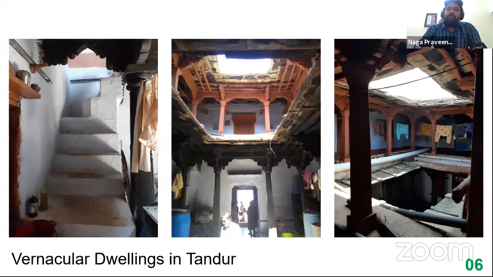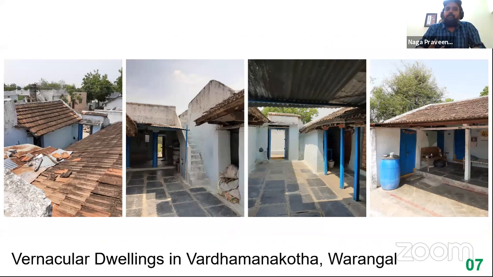In the kind of houses that you go around in these spaces, there is nothing like exorbitant spaces left over, about which you later have concerns about management or cleaning, etc. Another example that I'm going to show is the vernacular residences in Vardhamanapuram, close to Warangal. These are beautiful houses in terms of the materials, the colors, and textures, and the amount of heat or warmth that you find in these houses is missing in the current houses that we live in.